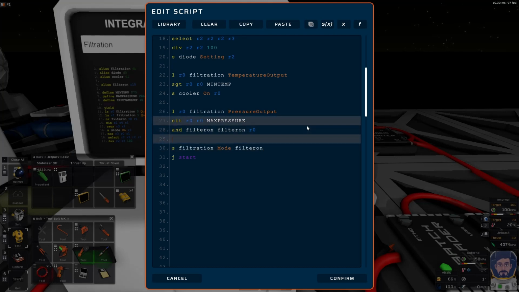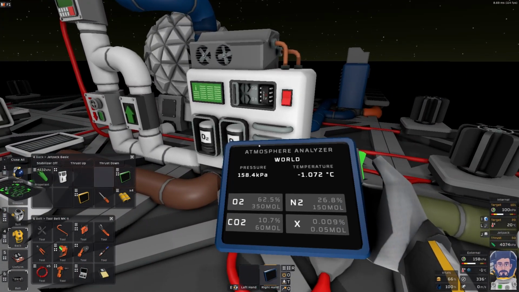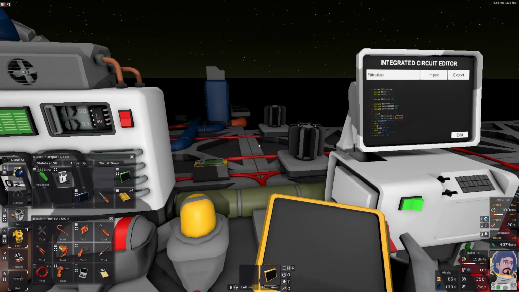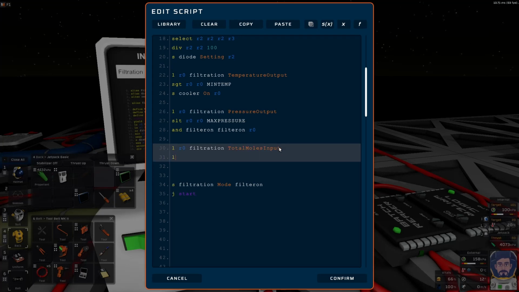Now I can say, so we know we're looking for oxygen because that's what our filters are. So we load into R0 from the filtration, was total moles. No, not that one. That one. It was total moles. Total moles input. So from there, try the capital T, total moles input, shall load into R1